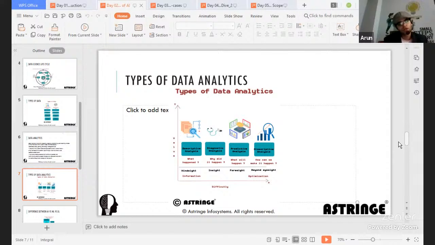I saw that out of 100 mangoes, 90 were rotten and only 10 were good. So you should also find out why it rotted in the first place. That is called diagnostic analytics. You try to understand why it happened, not just what has happened. Okay, that is number two.